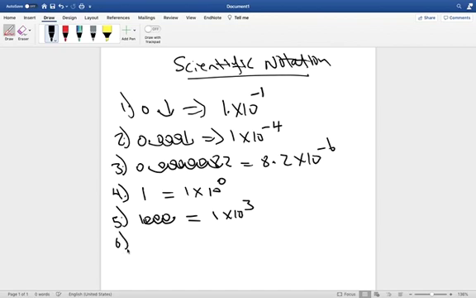Number 6. If we have 10,000, in scientific notation, this is 1, 2, 3, 4, so it's 1 times 10 to the 4. What about 7? If we have